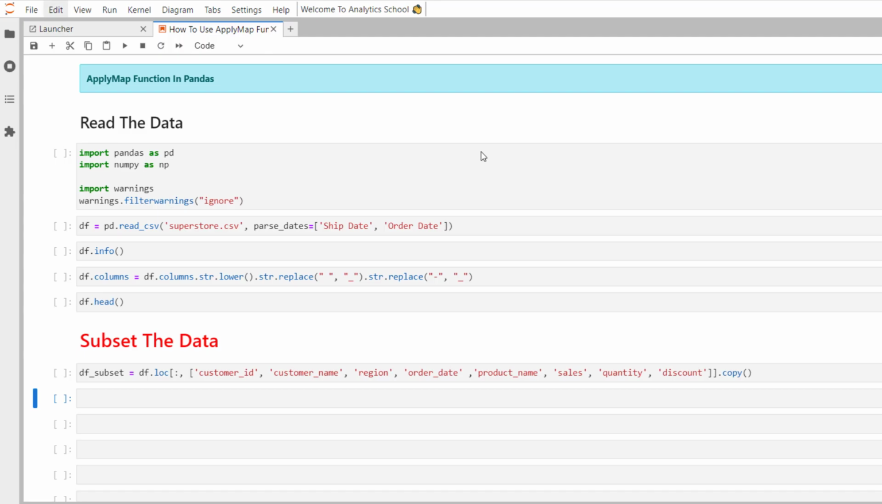Hi all, welcome back. In today's session, we will explore the applymap function in Pandas. This function is a powerful tool that allows you to transform every element in your data frame. Stick around as we will cover some practical examples, but before that, let's explore the dataset that we are going